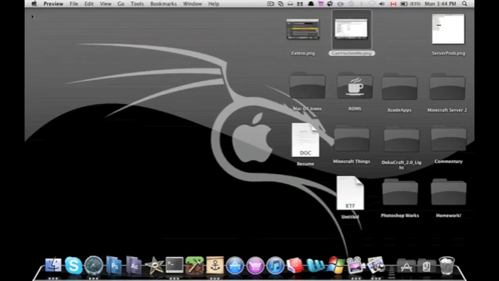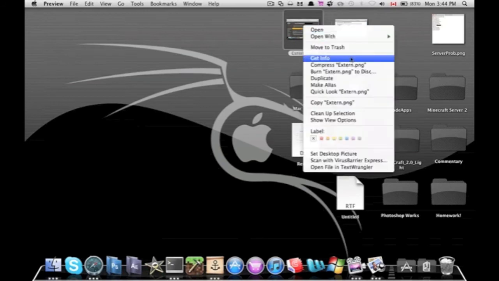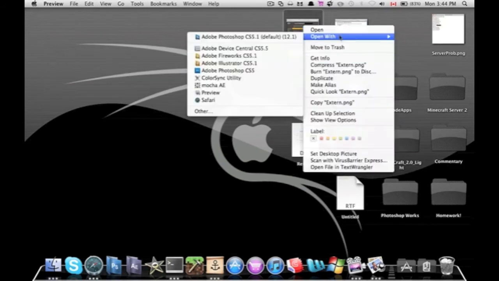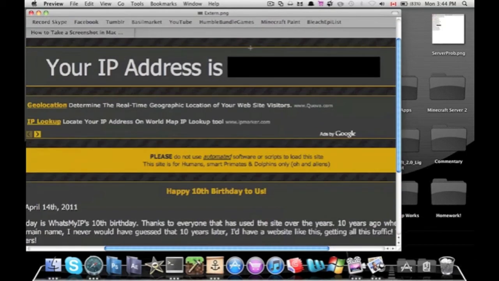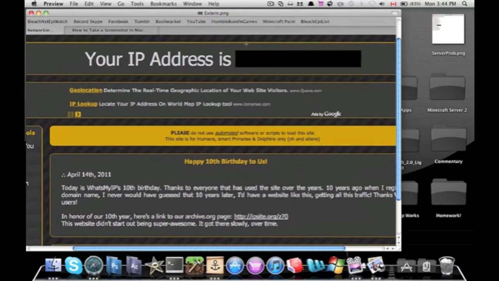Here you guys go. Now, to get what you will want your friends to enter in Minecraft to join your port-forwarded server, you will go to whatsmyip.org, and this will give you the external IP address your computer is giving off as its IP, and your friends will enter whatever you have right here. They will enter that in the Minecraft section. When you open up Minecraft, you will go